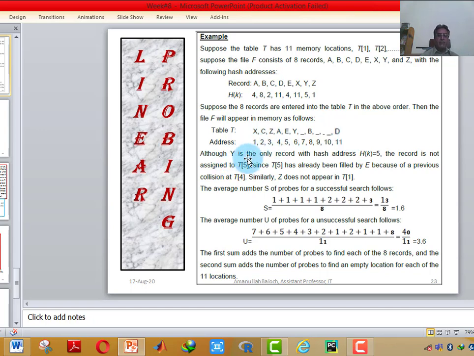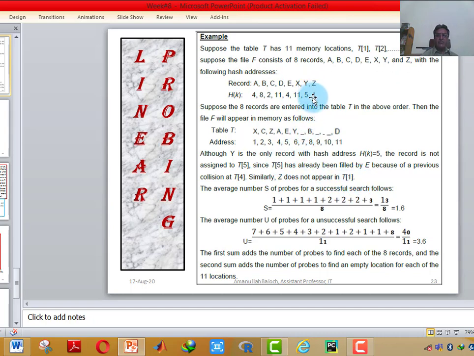Although Y is the only record with hash address H(K) equal to 5, the record is not assigned to T[5]. The T[5] location was already occupied by E, since T[5] had already been filled by E because of a previous collision at T[4]. Similarly, Z does not appear in T[1].